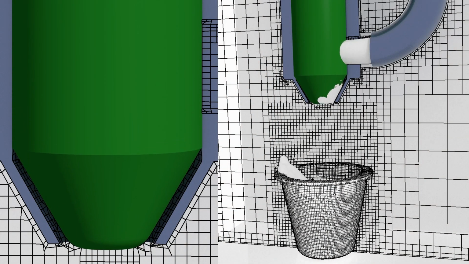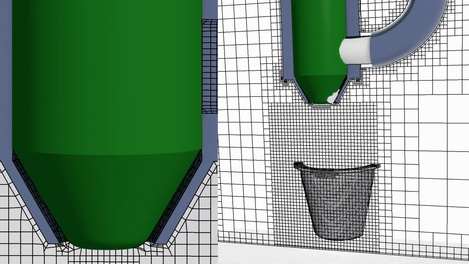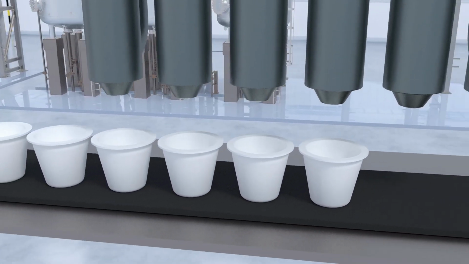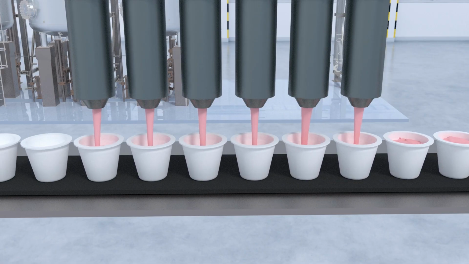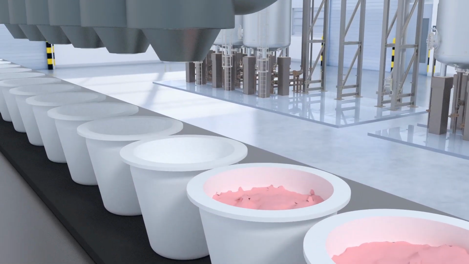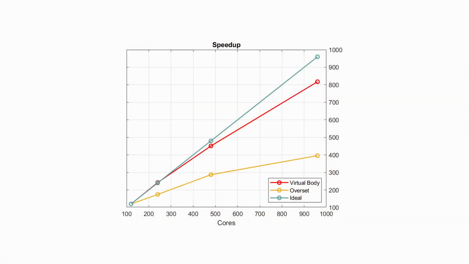The new virtual body approach that's now available eliminates the need for two separate meshes, and it offers a more cost-effective, easier to set up, and scalable alternative to the overset approach for various validated applications that include pen dipping, bottle filling, industrial machinery applications that involve small gaps such as scroll pumps, plastic mixing, and so on and so forth. We have evaluated numerous cases, and for all of these, we have observed very good scalability and speed up compared to the old approaches. Any questions?